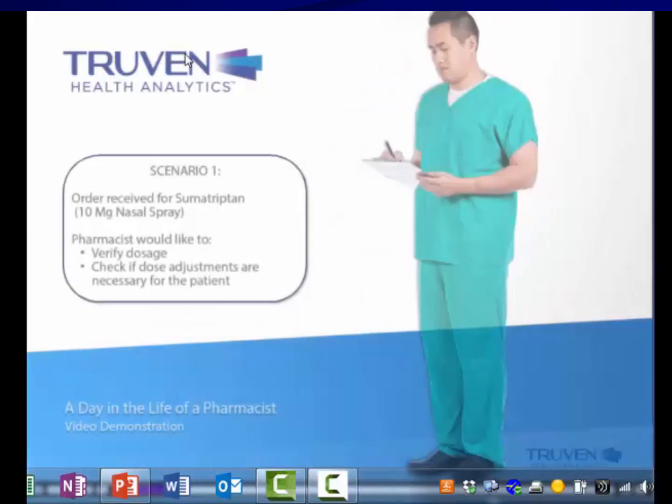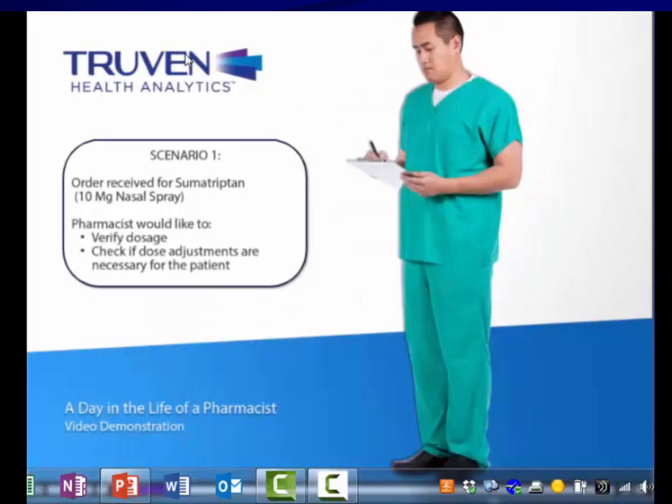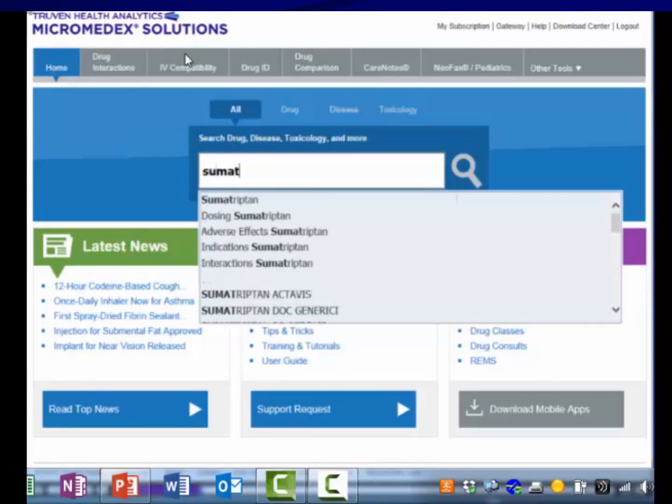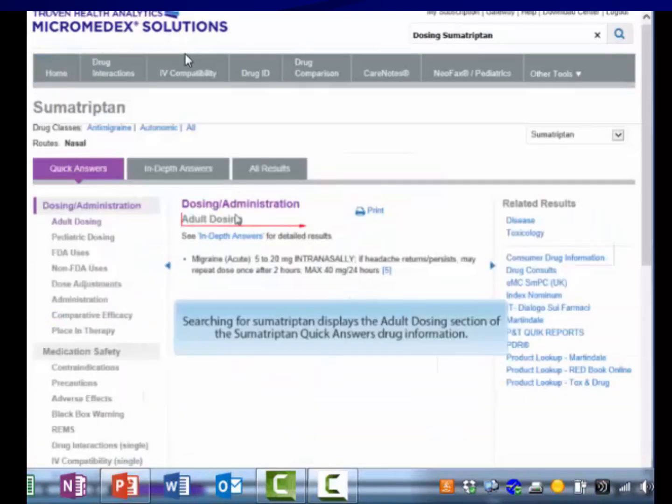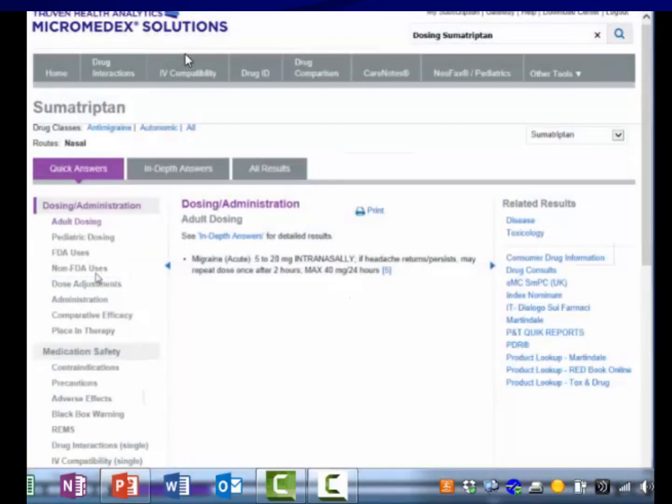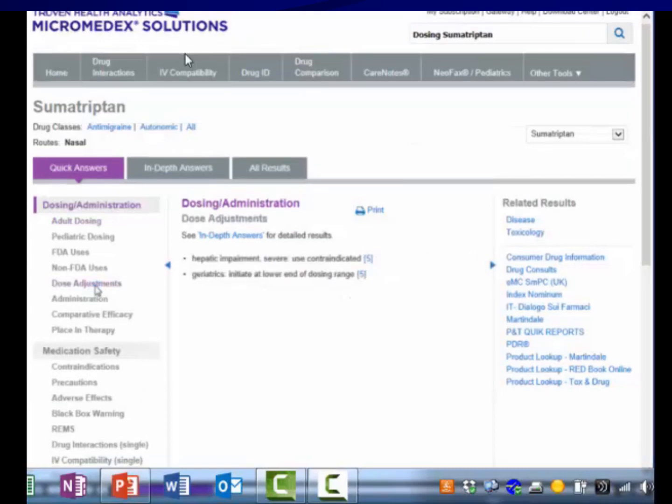the drug monograph. You have received an order from the attending physician for sumatriptan 10 mg nasal spray to treat a patient's acute migraine. Using Micromedex Solutions, you are able to verify the dose is acceptable and no dose adjustments are necessary. This medication is in addition to the patient's other current medications, which are trazodone and amlodipine. Checking the interactions